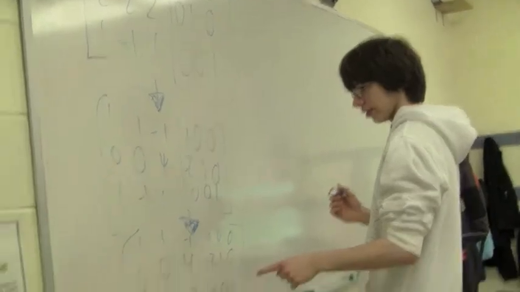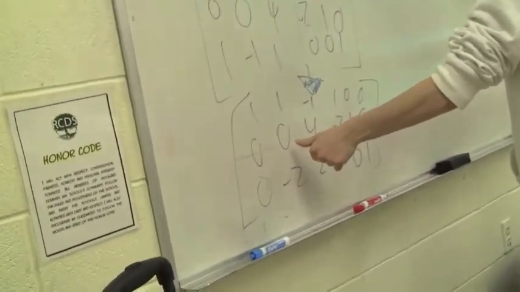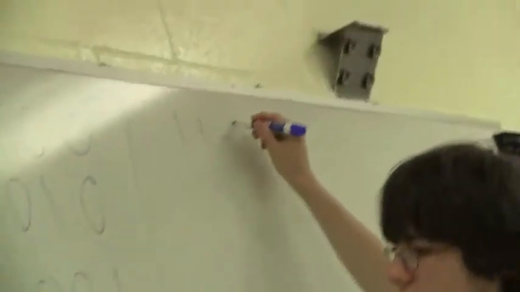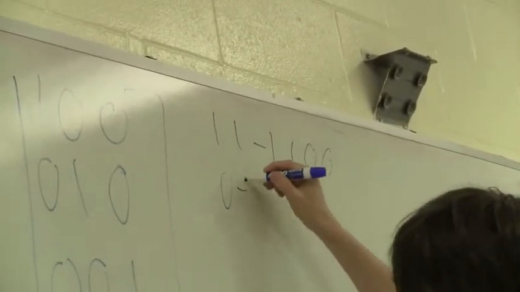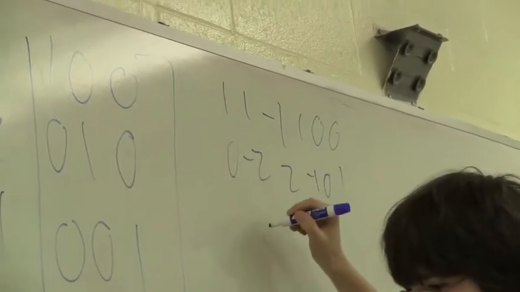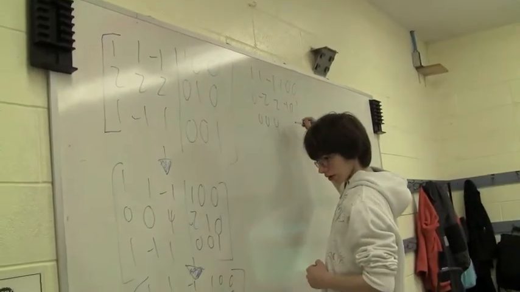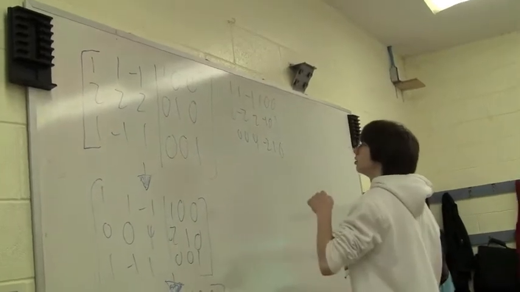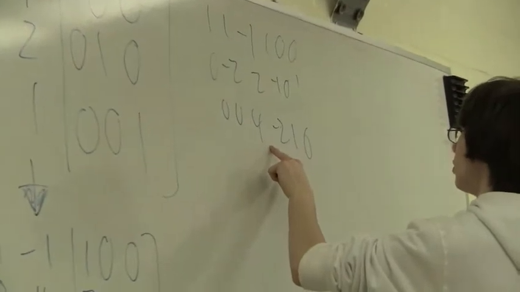Okay, so next thing we want to get rid of this. So, oh no, we should switch those 2 rows. Yeah. That should be the next step. So you get as the next thing 1, 1, negative 1, 1, 0, 0, 0, negative 2, 2, negative 1, 0, 1, and this one's 0, 0, 4, negative 2, 1, 0. Okay, so next step is we want to get rid of this. I'm sorry, divide this by 4, I guess,